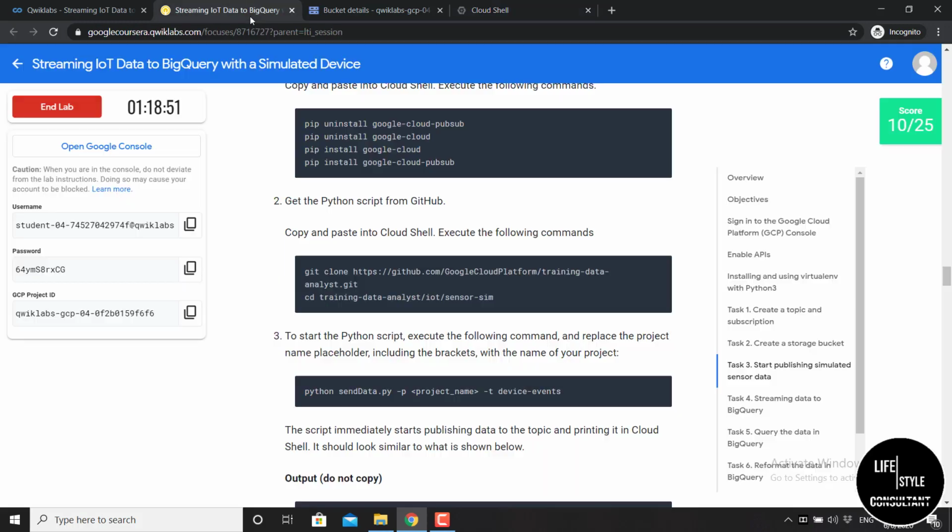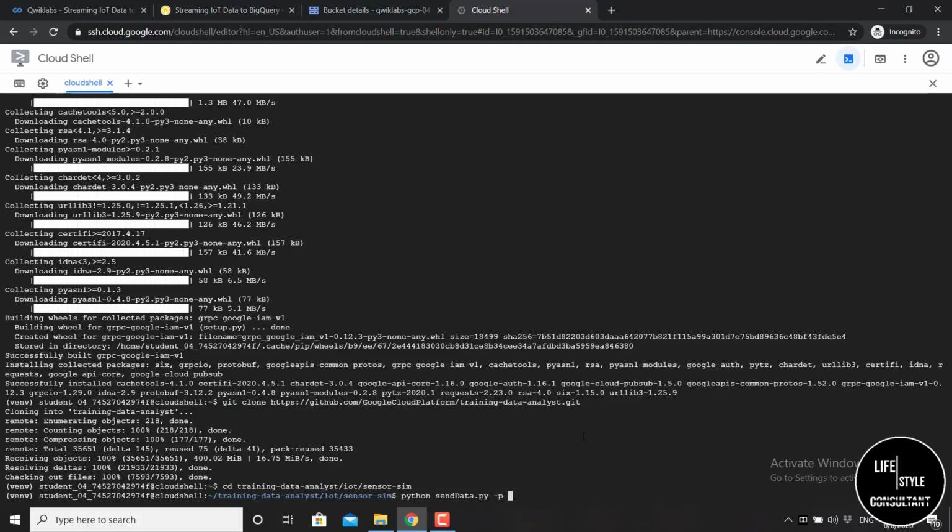To get the project ID, just go to the instruction tab and copy this project ID and back to Cloud Shell and paste using Ctrl+V, then space, type -t, then again space, type device-events, and check whether the command is right or wrong. python send_data.py -p, then your project ID, then -t, then device-events, then just press enter.